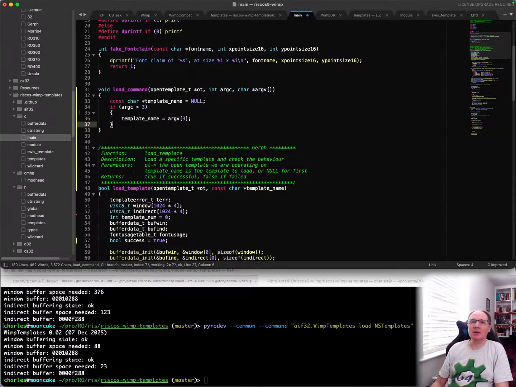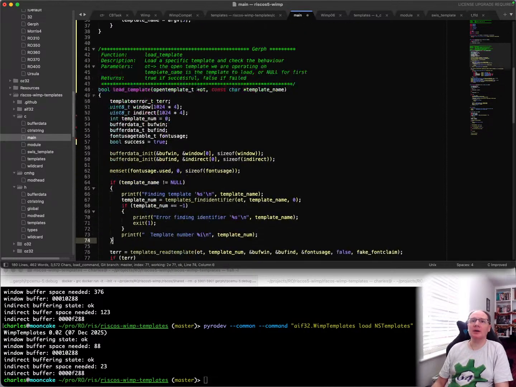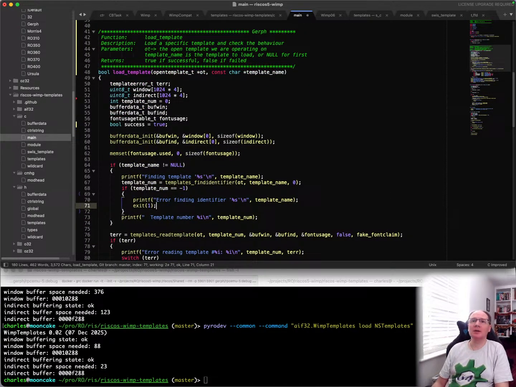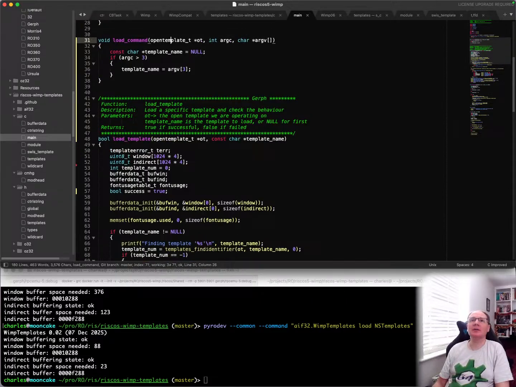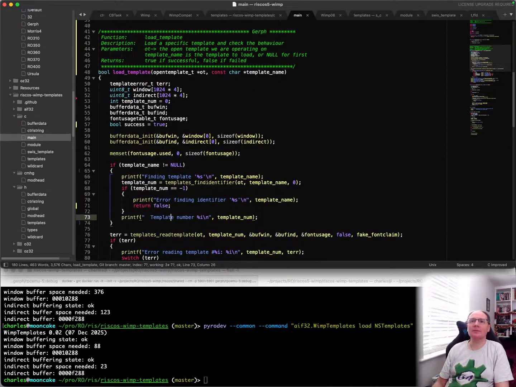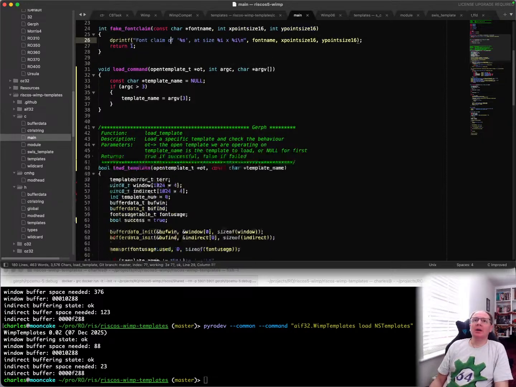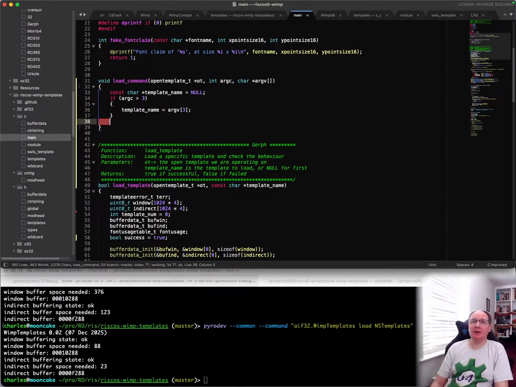Right. So what we're going to do is, we exit one there. We don't want to exit one. We want to exit return false there. Just return failing. So yeah, that looks good. So what we can do here is if template_name, no, strcmp,